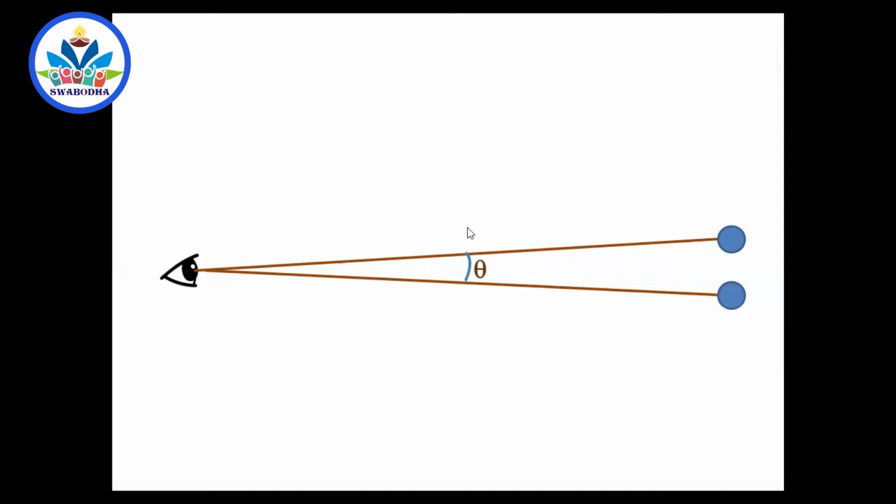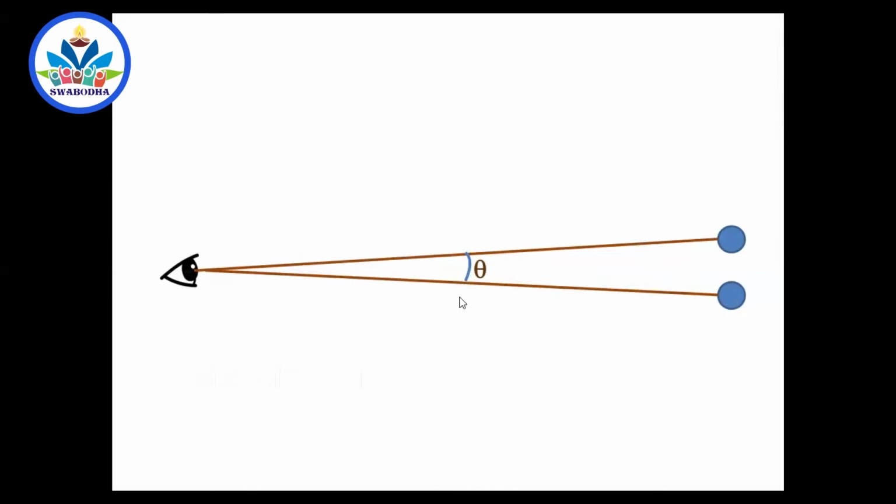What is the minimum angle that has to be created in your eyes so that two objects are seen well separated? That is 1 minute. They should create this angle of 1 minute here. If it is less than 1 minute, then 1 minute means 1/60th of a degree. When 1 degree is divided into 60 parts, one part is called 1 minute, right?